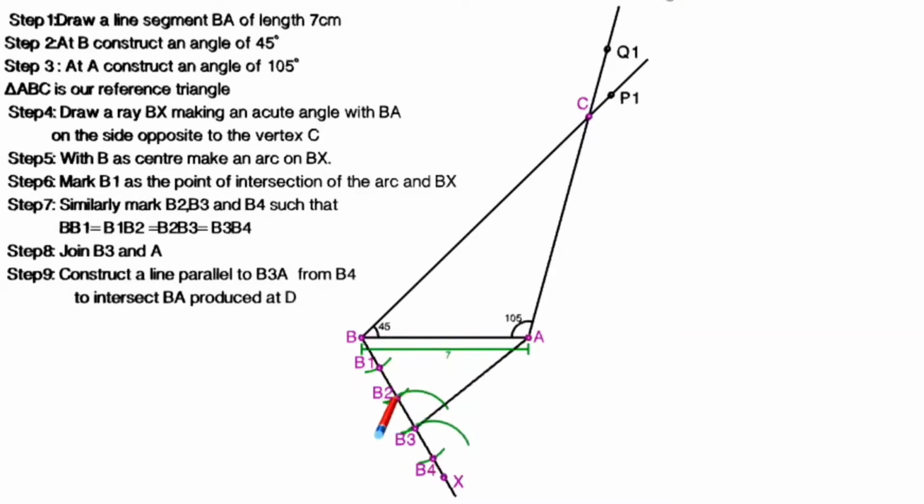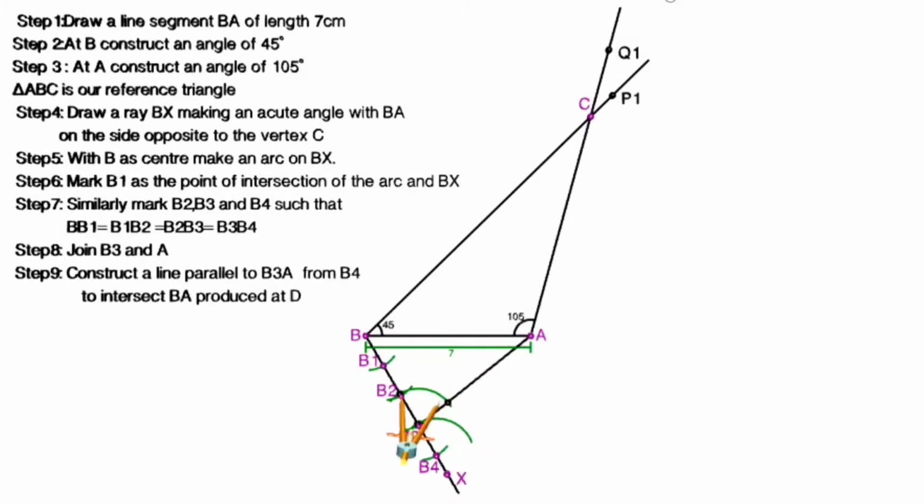So for that, I'll just mark the point of intersection of the first arc with the ray Bx and with B3A. This is the width of the angle. I will not change the radius. With the same radius, I'll pick up my compass and make an arc on the second arc that was made taking B4 as a center. I mark the point of intersection of this arc with the previous one,